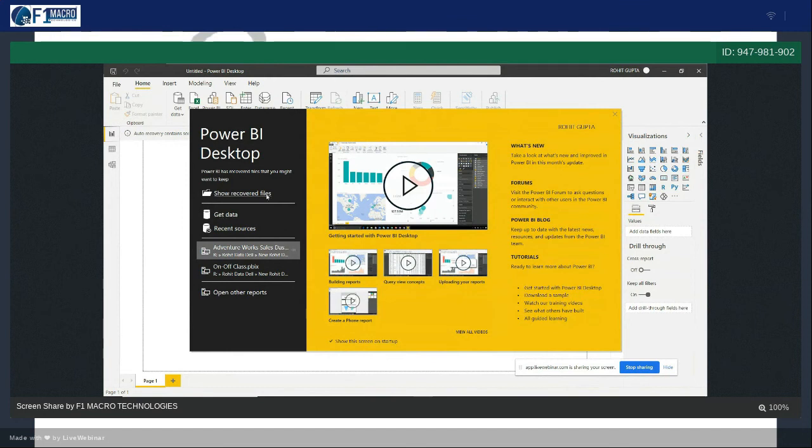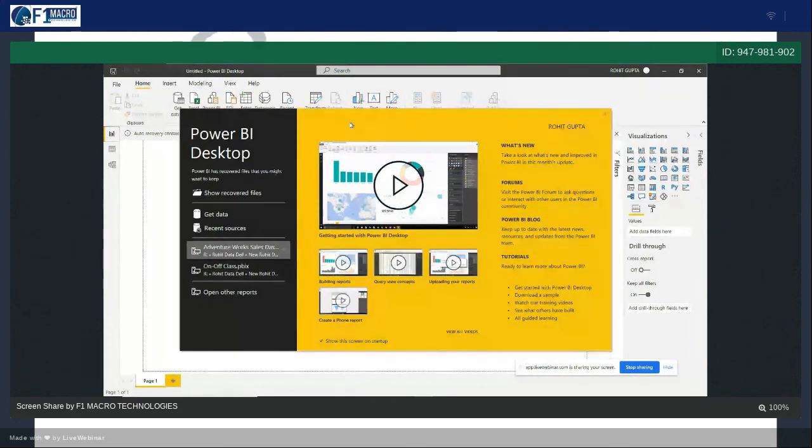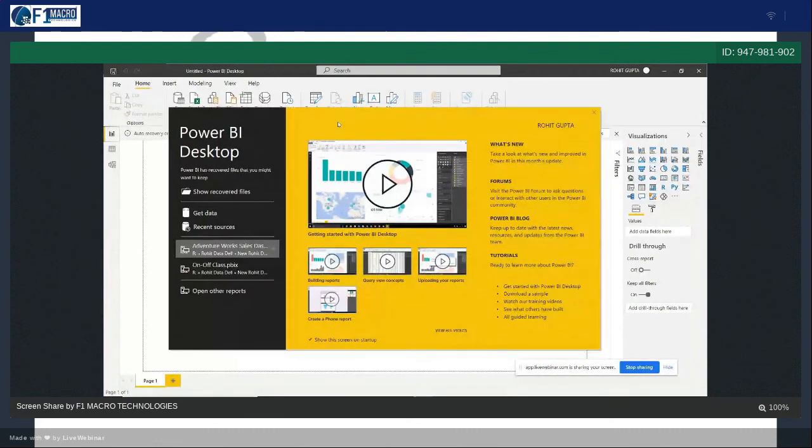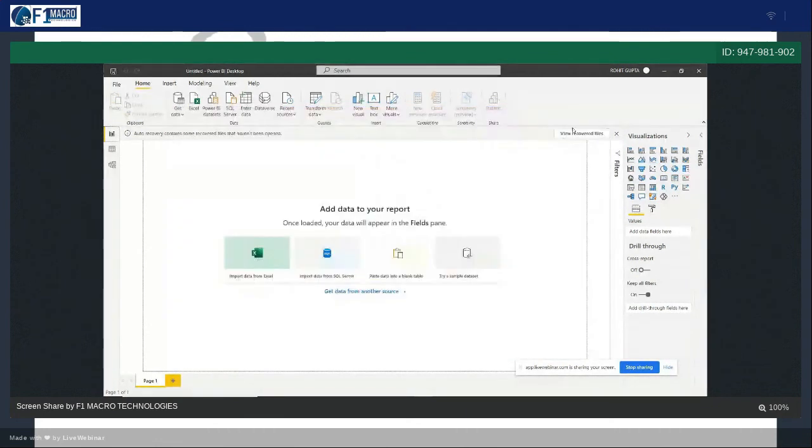If by mistake this window is closed, you can see get data here as well. For example, if you want to import data from Excel or get data from other sources, you have multiple options.